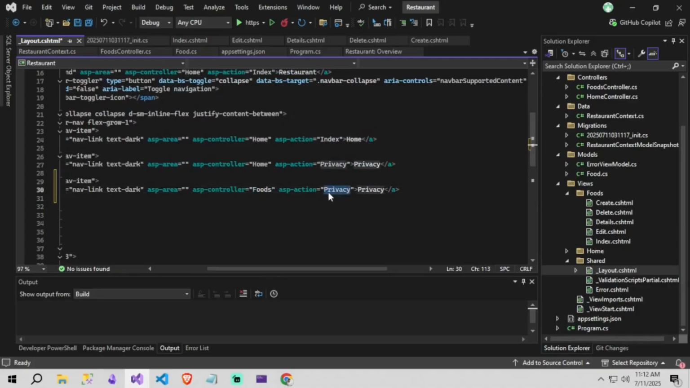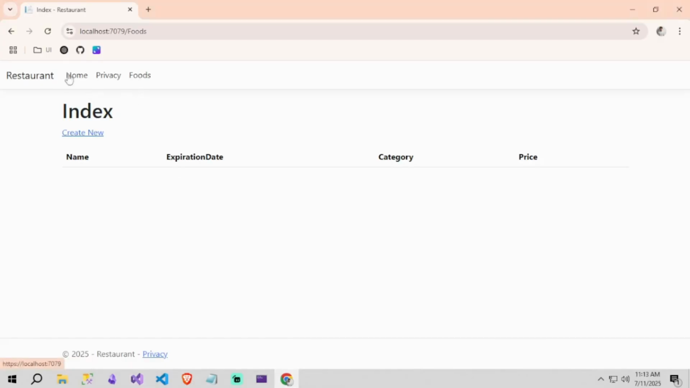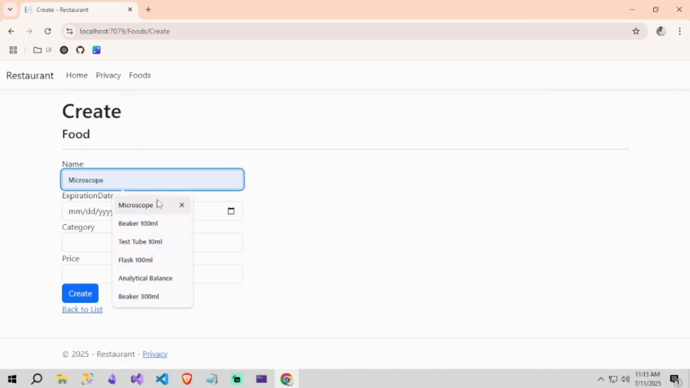Foods, index, Foods, or line changes. So let's see, wait, done. Yep, you have Foods navigation. So let's see, and this is working. So yeah, for chicken,